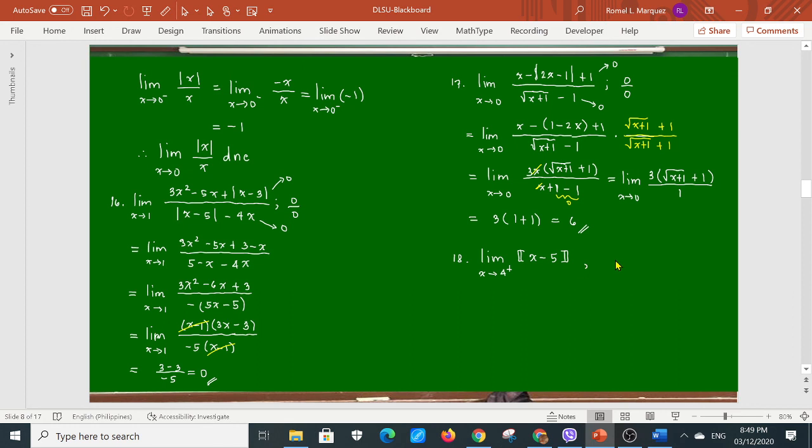But remember, the greatest integer of x minus 5, yan, is equal to negative what? It is negative 1 if your x is what? If your x minus 5,